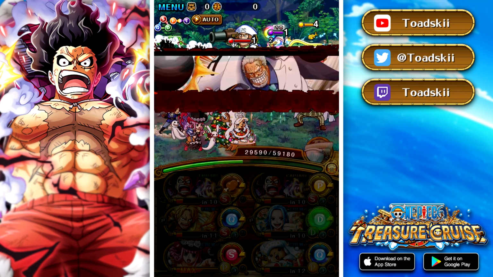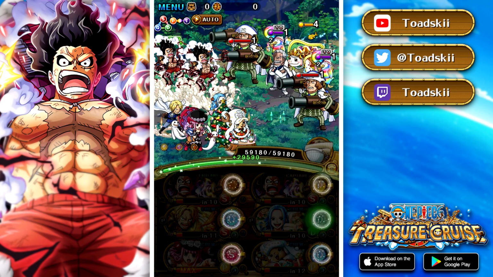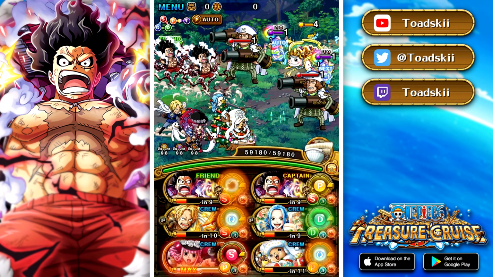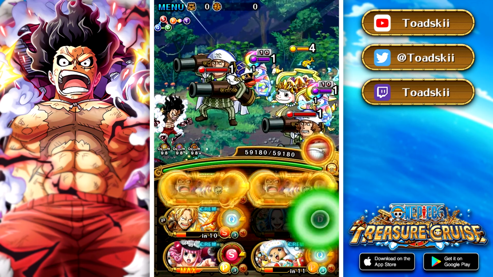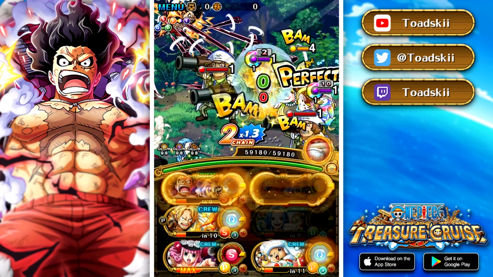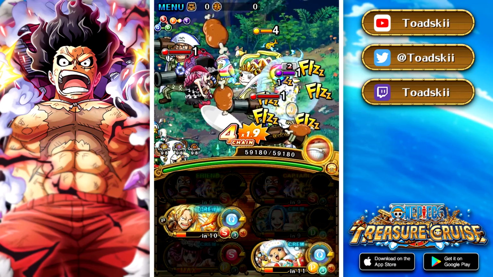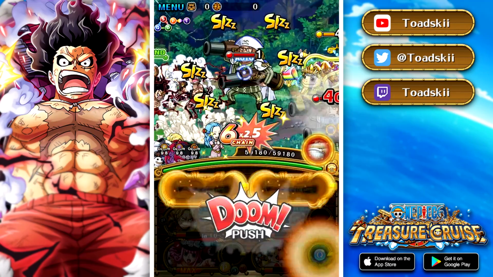Now, as you guys would have seen at the start of the video, there are a couple of really good support characters that we have on the team. First of all, we have this random Piranha on the team. You might be wondering, why the hell is she on the team? She's a really good character because she removes 100% of enemy defense for 2 turns, right? So you can use her to remove defense on the Pika stage,